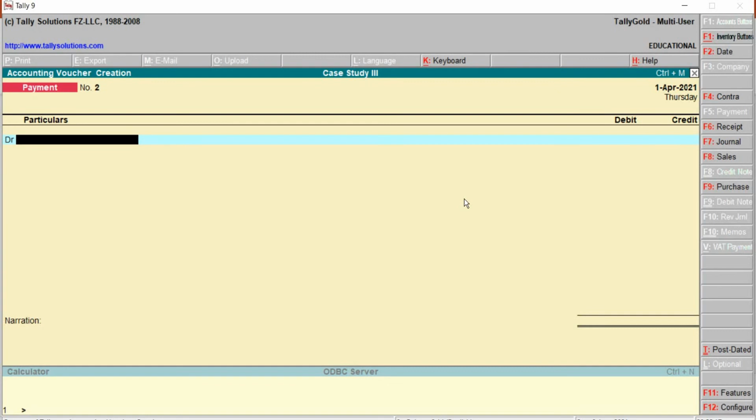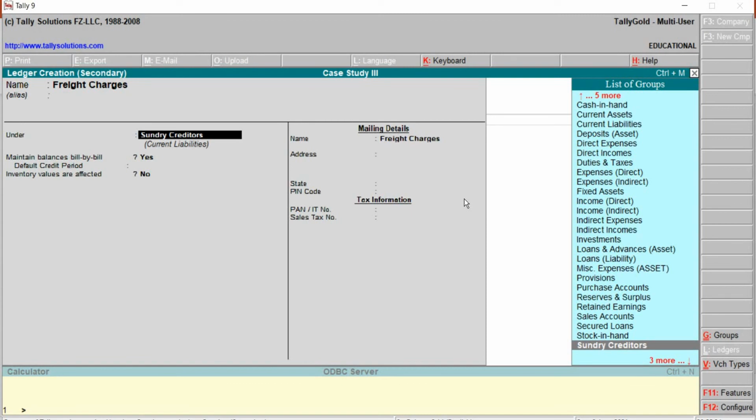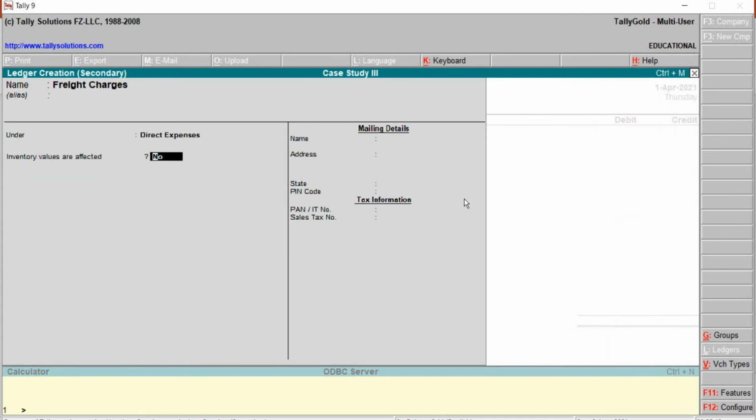Alt C to create. Alias will be blank, and this will be allocated under the group that will be direct expenses. Just type D, down arrow key, later save and quit back.